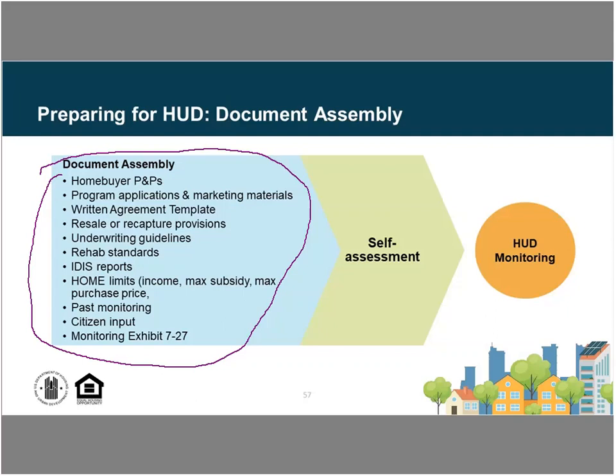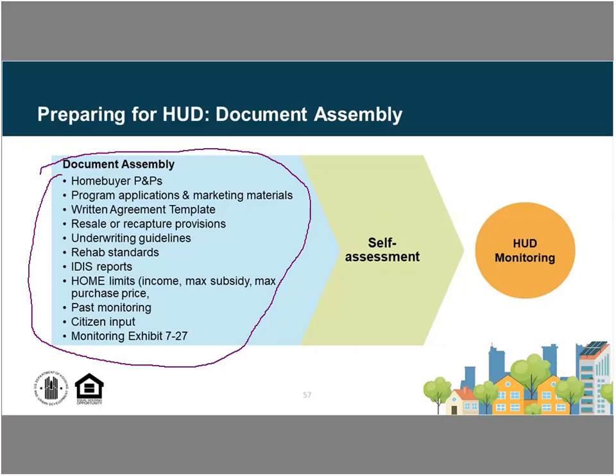We've already talked quite a bit about your policies and procedures. You want to make sure you have your applications, any marketing materials, both hard copy as well as things that are available online. Another way to also look at your marketing materials is making sure that they're inclusive and reaching diverse populations. You want to look at your written agreement template, your resale recapture provisions, your underwriting guidelines, your rehab standards,